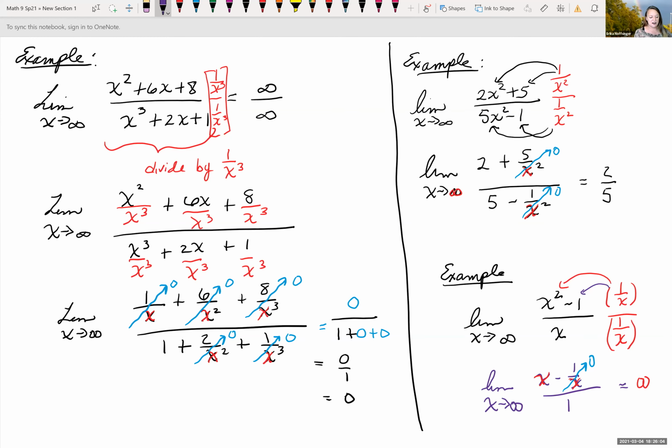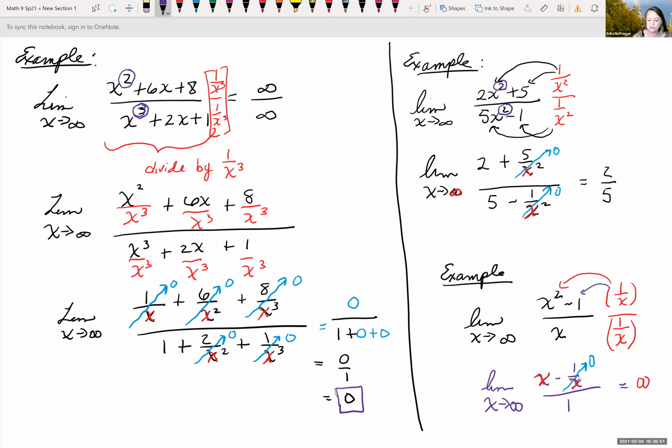Okay, so there was a great question: as the limit as x goes to infinity, do we always divide by that variable to the highest power, which is correct. There was one other way that we looked at this when we were looking at it in terms of horizontal asymptotes, and does it have a horizontal asymptote or not? Horizontal asymptotes occur depending on the degree of the numerator and denominator. If the degree of the denominator was larger, as in this first example, it's always going to go off to 0. If the degrees were the same, as in my second example, then it's going to go off to the leading coefficient, so the number in front of that variable to the highest power